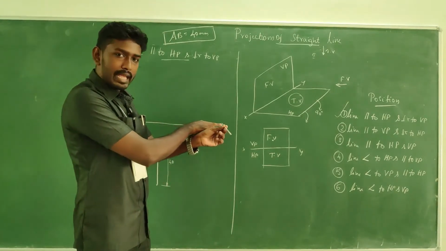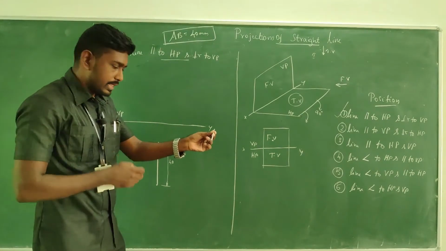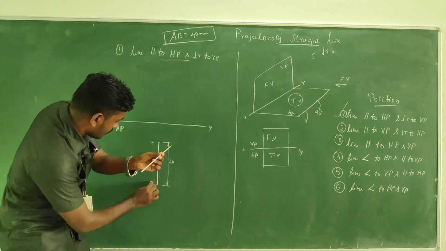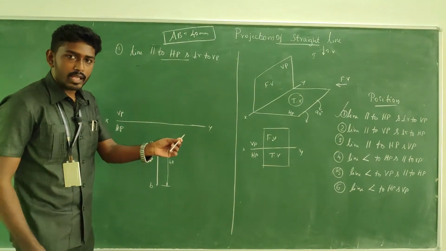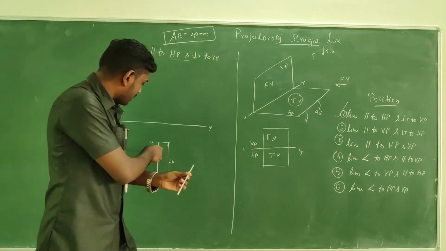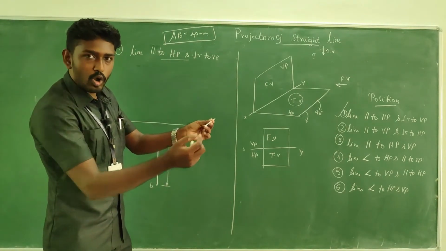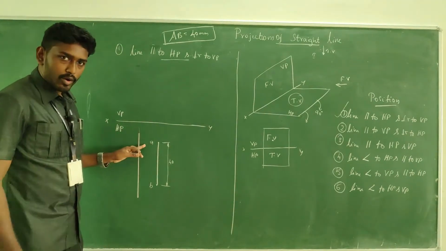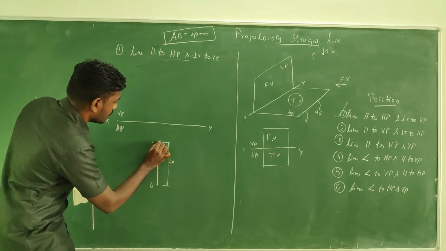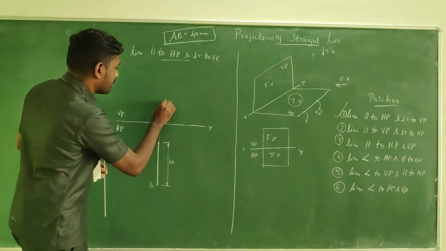So if it is A end and if it is B end, from the top view, you could see the A end here, and the B end will be somewhere here. Okay. So now we have started with the true length. Okay, that we have captured with the 40, and in the front view it is a dot, right? So in order to capture on the plane, from the top view, from the true length, you have to take a projector, something like this. And on the plane of VP, you can keep the dot.